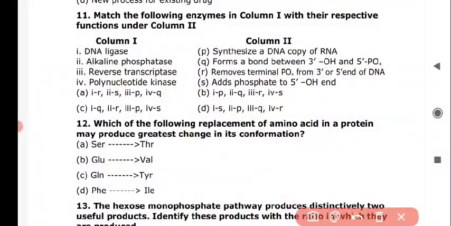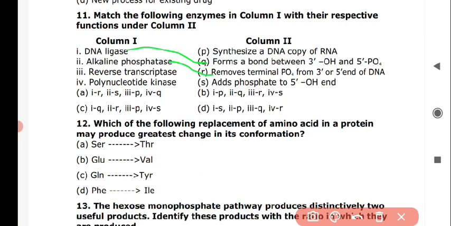Next question is, match the following enzymes in column 1 with their respective functions under column 2. So in column 1, first is DNA ligase, and it correctly matches with option number Q, that is forms a bond between 3-OH and 5-POH. Next is alkaline phosphatase, and it correctly matches with option R, that is removes terminal PO4 from 3- or 5-